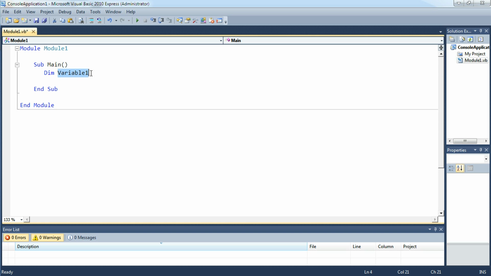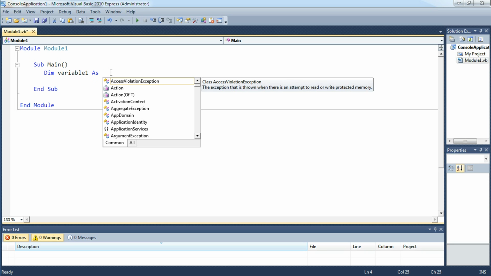I encourage you not to call it something like variable1. You could probably call it something useful like random number. Obviously it's not very random if you're making it, but number1 or whatever, you know. So right now we're going to stick with variable1 because I'm going to use it in various scenarios, so bear with me. After you wrote down the name, it tells you write as, so I'm just going to write as,